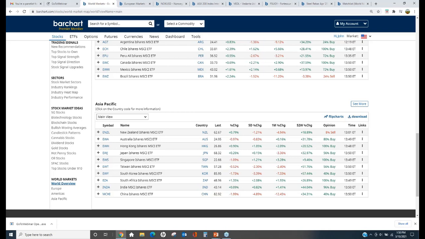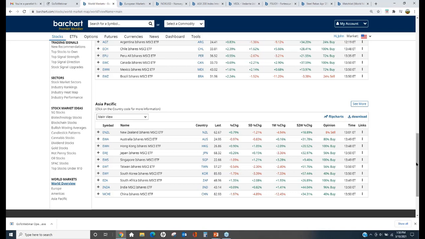So look at it here. We got Hong Kong, Singapore, and South Africa. So there would be an opportunity maybe in what is it, the Rand? I think the South African is the Rand. Okay, cool.